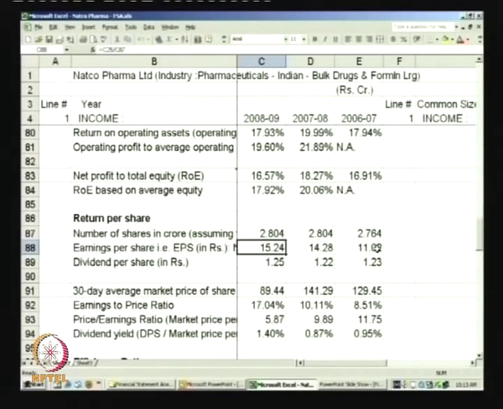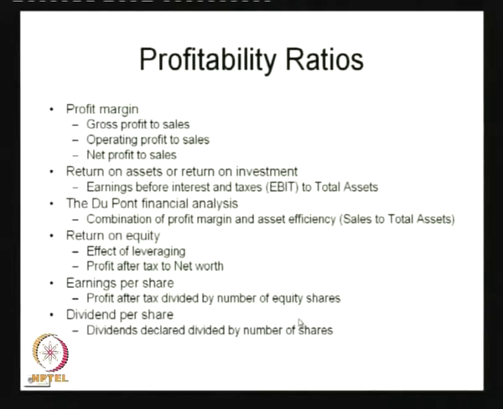In the earnings per share performance, the company has actually done well. And then we have the next ratio, that is the dividend per share. That is nothing but the dividends declared by a particular company during a particular year divided by, again, the number of shares. For some investors, like senior citizens who earn their bread and butter from this investment in the market,